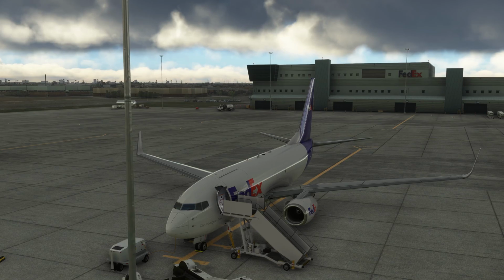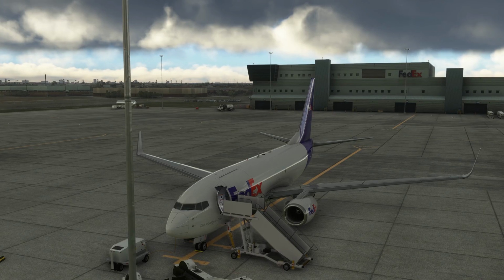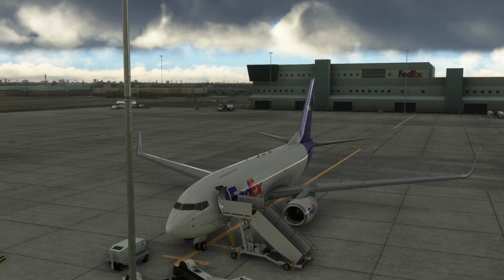Today we're here at the Pearson International Airport, and as you can see we're on the FedEx ramp with the PMDG 737-700. This is part one of a four-part series where we'll be doing a flight from here down to Tampa International. I'm going to be taking you through exactly how I navigate my way around the PMDG 737 to